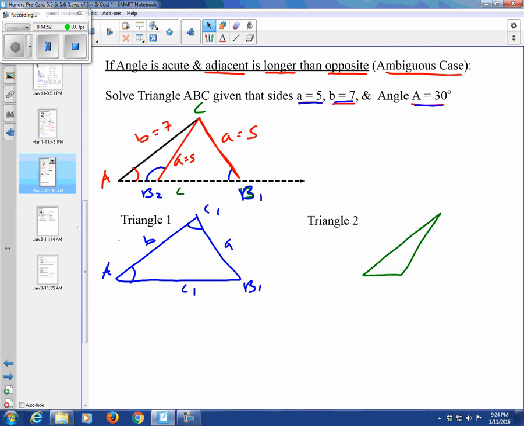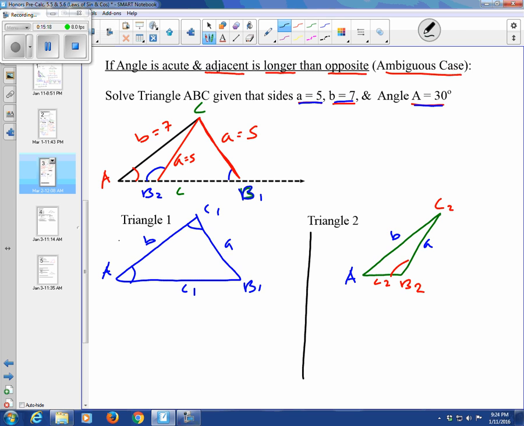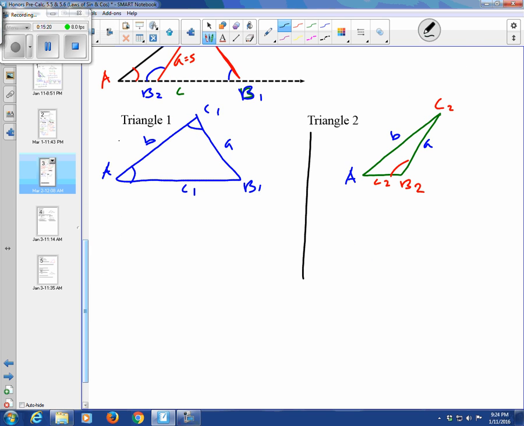So again, right here, angle A, side B, and side little a are the same dimensions. But right here in our second triangle, we have an obtuse angle B, we'll call B2. We've got a smaller angle C, we'll call C2, and a smaller side C, we'll call little c2. Right? Now right here, if we look at these two triangles, when we set up our ratio, basically what we're going to see is